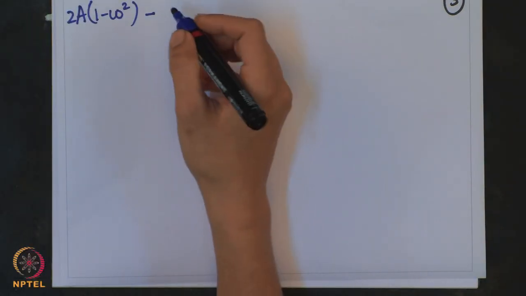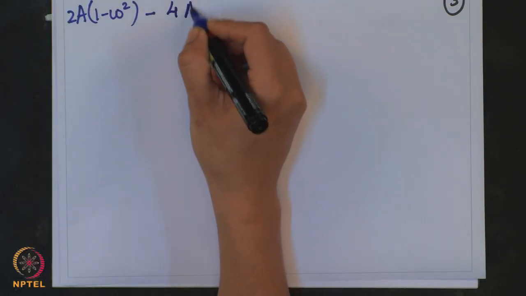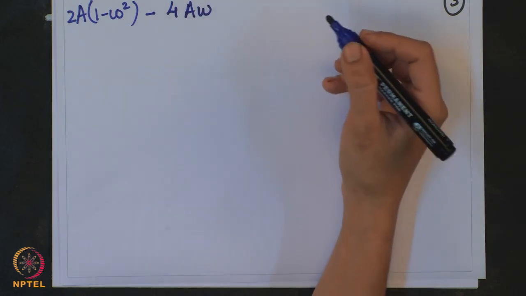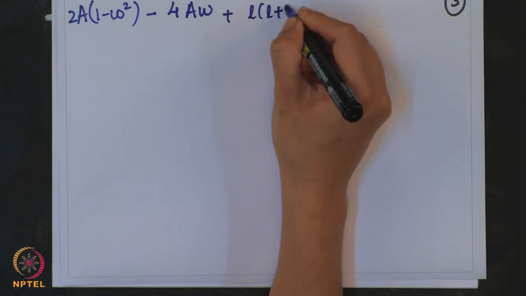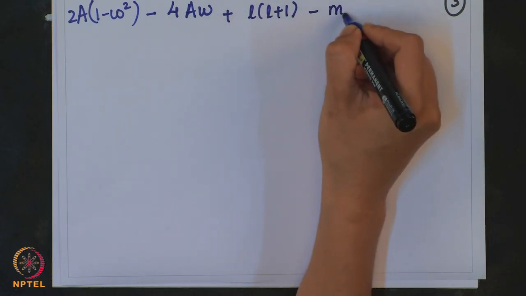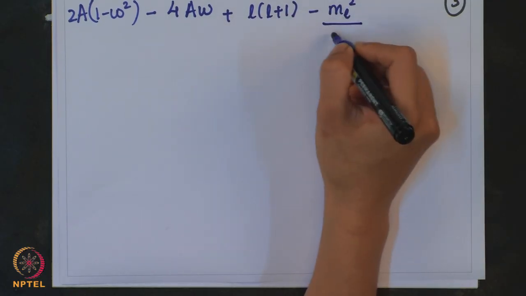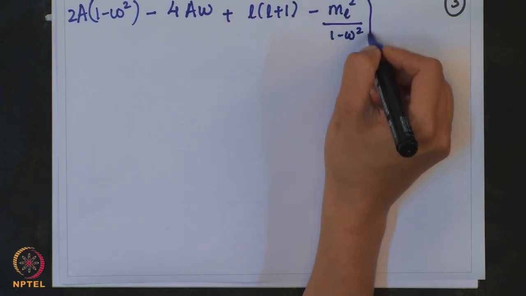So that becomes 4a omega, correct, plus L into L plus 1 minus ml square upon 1 minus omega square,